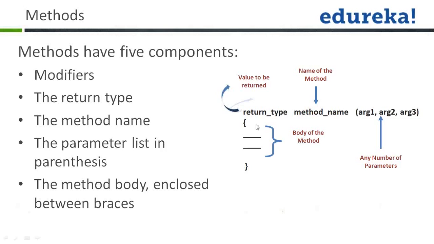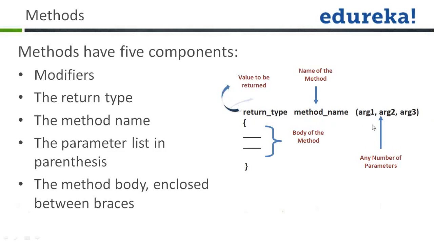Now I was on return type. I guess you have understood return type, that is it can return a value or it cannot. If it is not returning any value, you'll be mentioning void. We come to method name, the second one. Method name is actually the identifier of a method. Using the name of the method, we can use that particular method. So it is the identifier of the method.